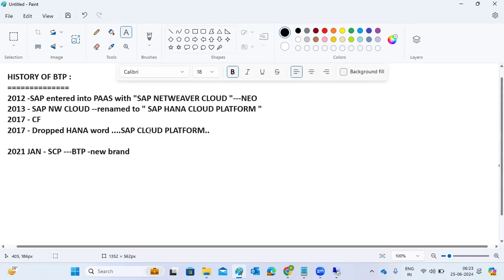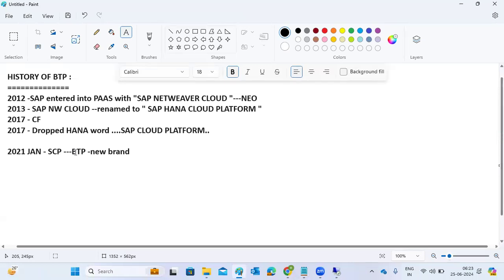Then, what is the use of maintaining the cloud platform? Is it limited to only cloud customers? No, it's not only for cloud customers. This is for all businesses, enterprises, and organizations. They can go for the BTP to extend their services and solutions, integrate with the cloud side, and use the BTP cockpit. So BTP is one of the centralized cockpits here. Normally you will get the accounts, and in the upcoming sessions you will get more details.